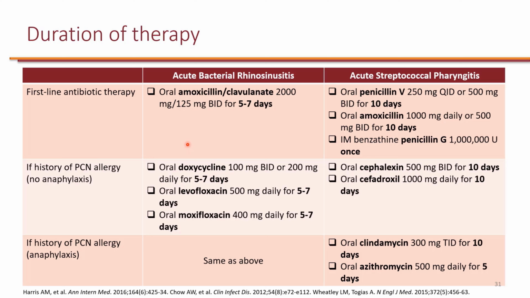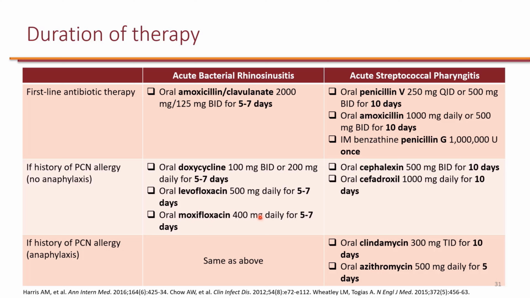Alternatively, if the patient cannot tolerate amoxicillin-clavulanate, for example penicillin allergy, regardless of what the reaction was, the alternative would be doxycycline, for 5 to 7 days. In fact, all recommendations are for 5 to 7 days. And then if really there is no other choice, we can use respiratory fluoroquinolones such as levofloxacin and moxifloxacin. These are once-a-day dosing for 5 to 7 days. And of course, if the reaction was anaphylaxis, we'll do the same thing. So doxycycline, if the patient can tolerate it. If there is no other choice, because of the black box warning, the fluoroquinolone would be the last option.